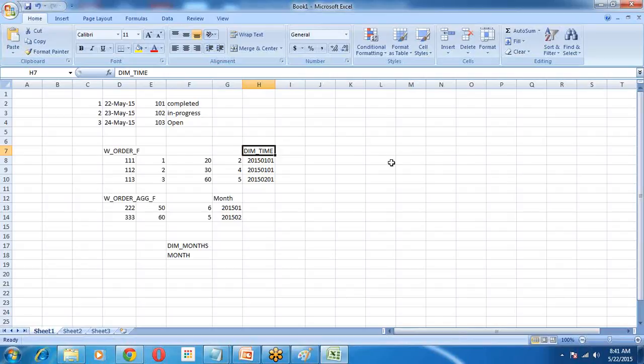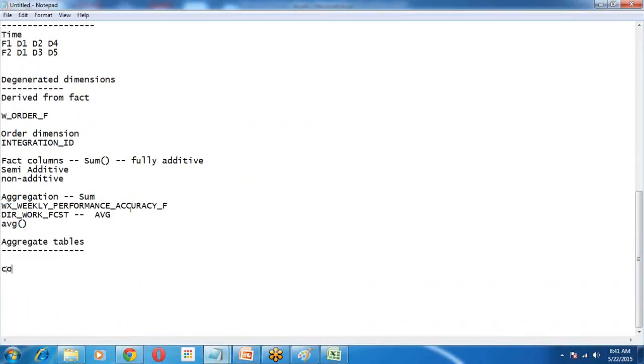It's very easy. You can go through the list of facts. What you do is go to your fact, click on the logical table source in your repository. Ask your team members if someone has it. Just double click on the logical table source. You have something called content, in the tab, content for the logical table source. There you will have all the dimension tables that are joined to a particular fact, and you have dimension hierarchies also. So just bring those values. Otherwise there is one more scenario also. What you can do,